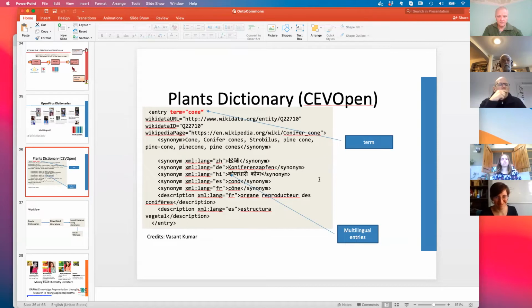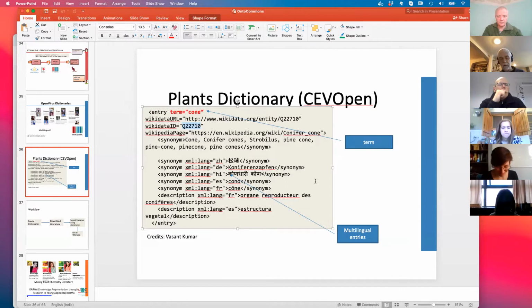We're creating what we call a dictionary with a term here, always located in Wikimedia, in Wikidata. So here we've got a whole list of synonyms in different languages, and that will help you both read an English language scientific paper, because at the moment, unfortunately, there is a preponderance of English language, and that's compounded by